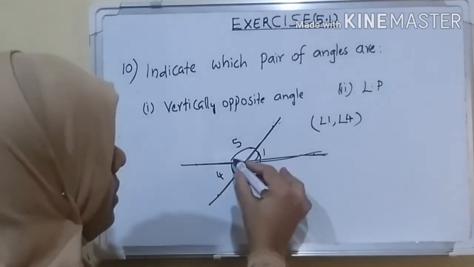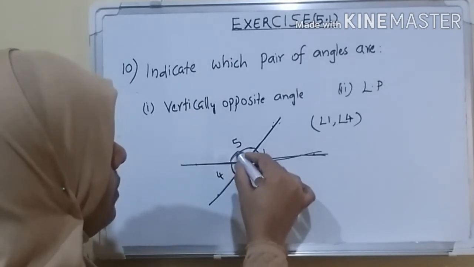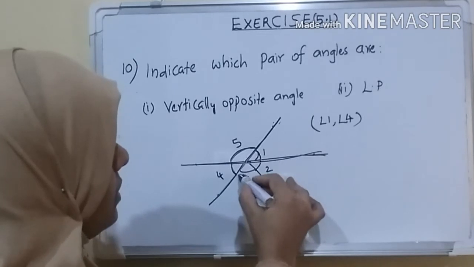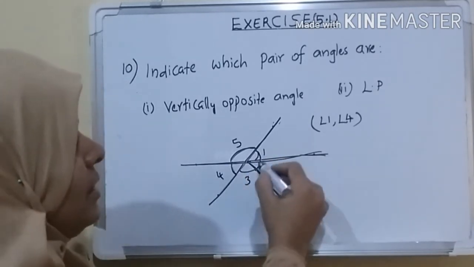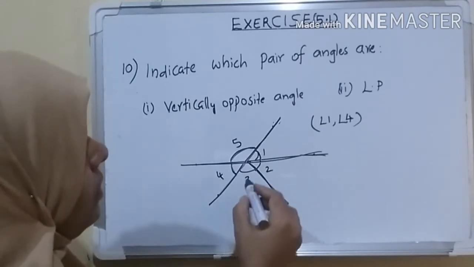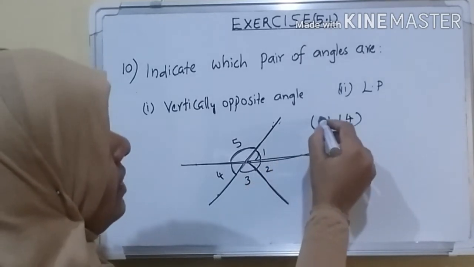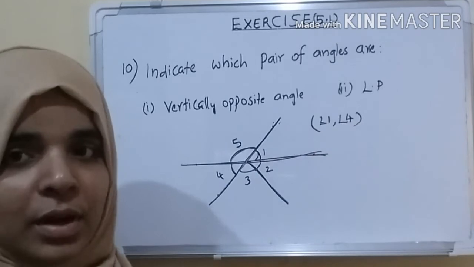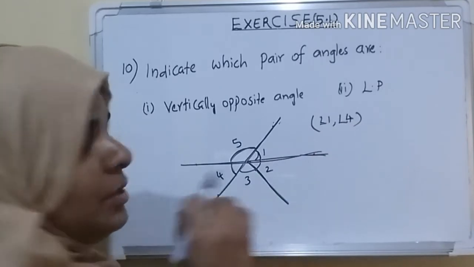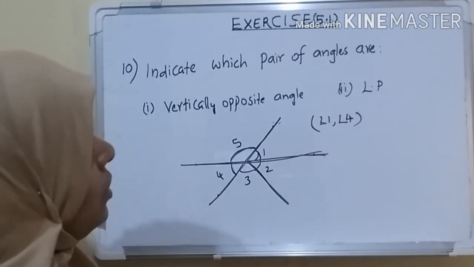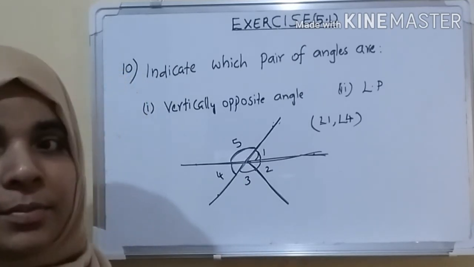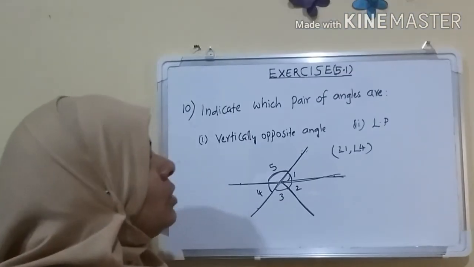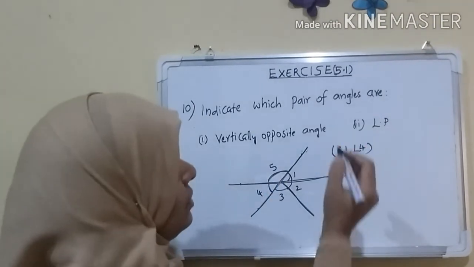Also this angle 5 and this angle, here one extra line also comes. So we can say this angle. So only angle 1 and angle 4 are the vertically opposite angles in this figure. Okay. No other lines intersect. Right? Okay. So let's take the second question.